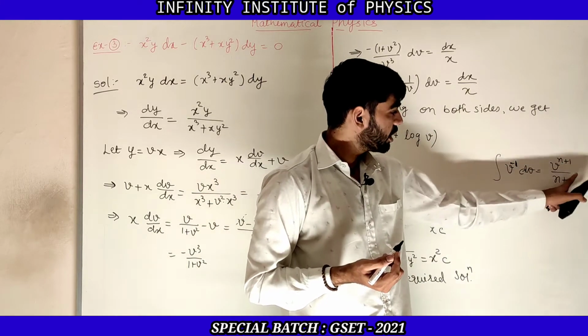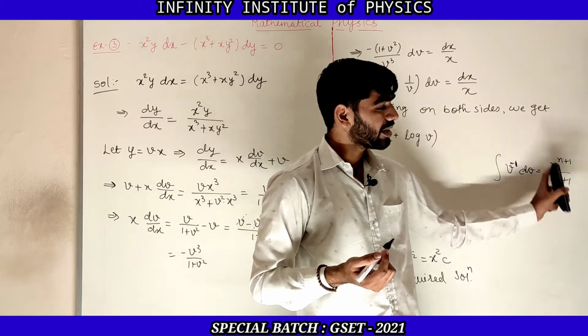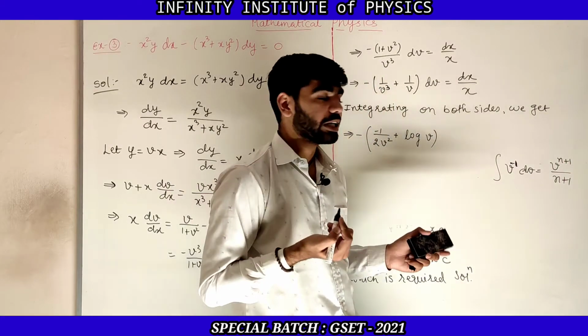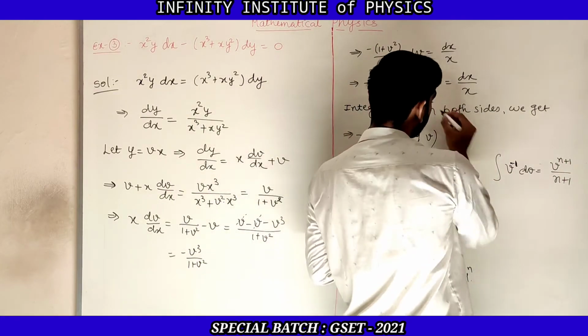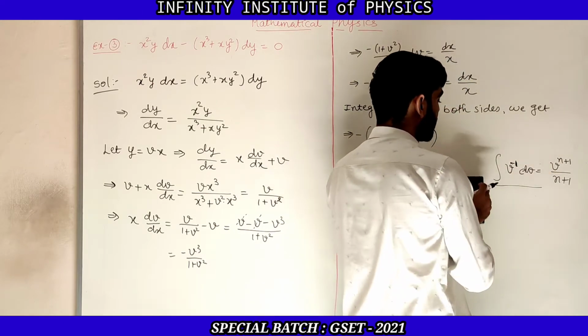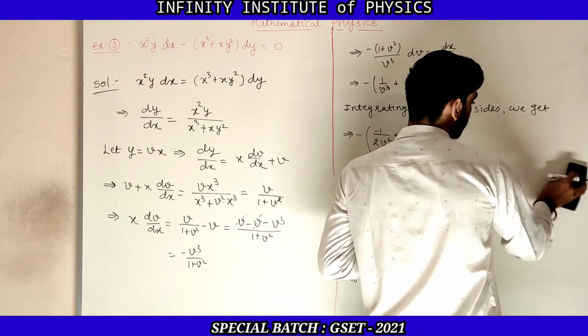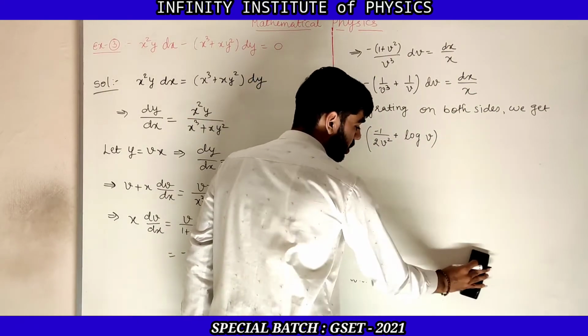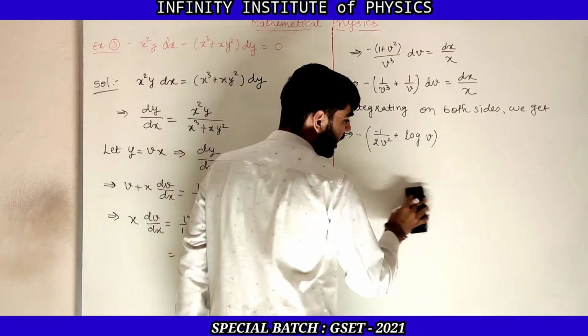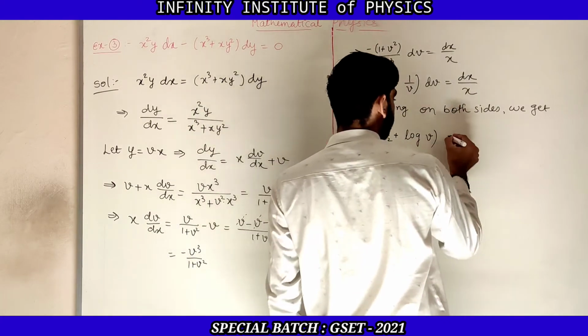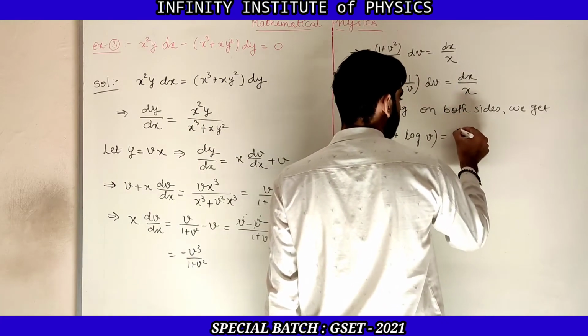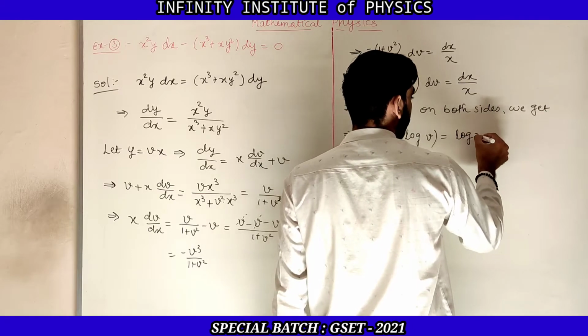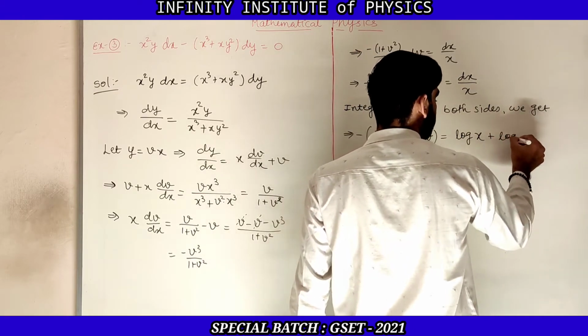So now here in the denominator we will get 0. So the overall quantity tends to infinity. And so for 1 by v you can't apply this formula. So for that we have a particular formula, that is integration of 1 by v, and that will be log v. And now again on the right hand side, integration of dx upon x, that we are writing as log x plus log c.